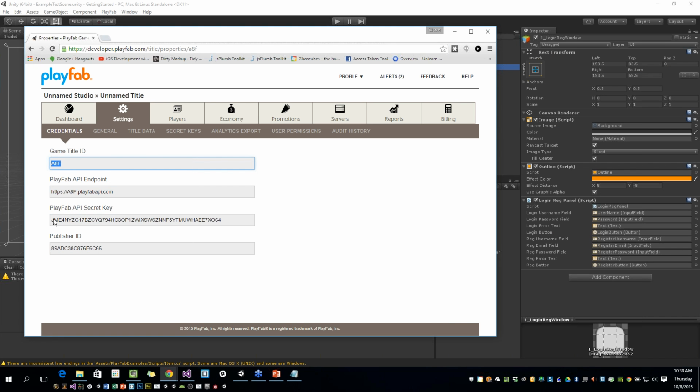Then we also have a PlayFab secret key, and this is for making server calls. This is a dummy account that I created, so if you see my secret key, it's not the end of the world. But generally, you don't want to expose this to the public. This gives them the ability to make calls on your behalf into PlayFab, and you probably don't want that for your game. But we're going to go ahead and take our game title,